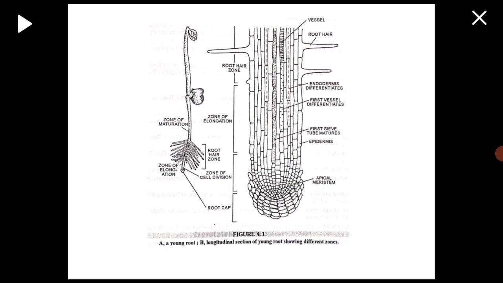As the root is continuously growing downwards inside the soil, friction with soil particles wears out the root cap while its outer cells are being constantly replaced by new growth from its base. The cells of the root cap also secrete mucilage which helps tender roots to penetrate into the soil.